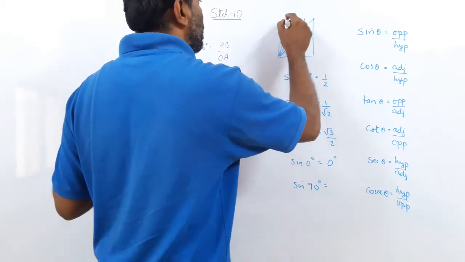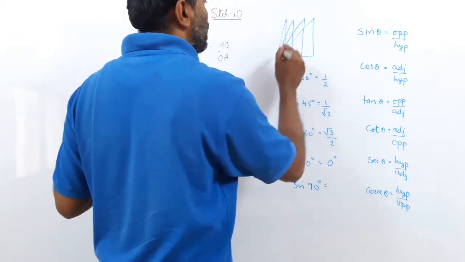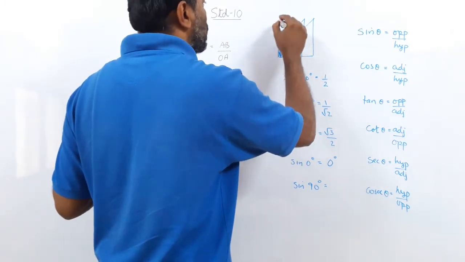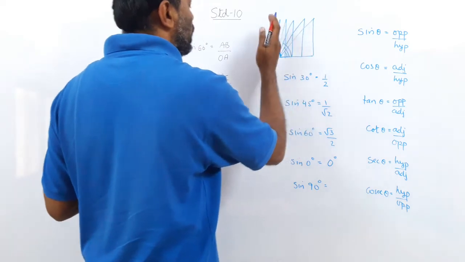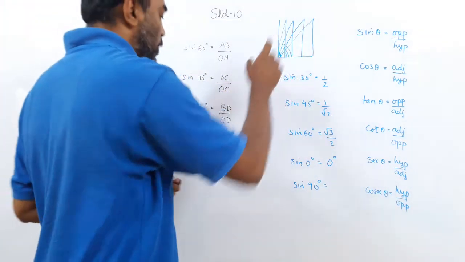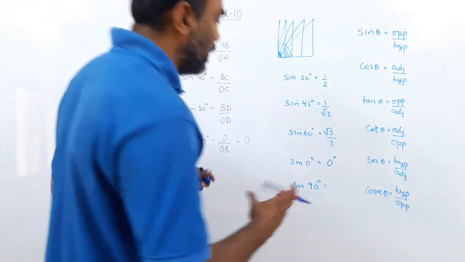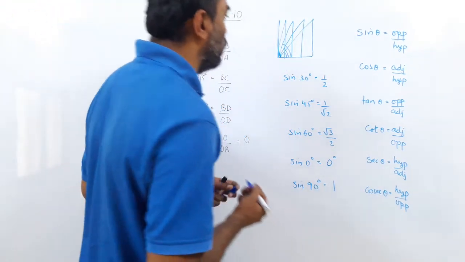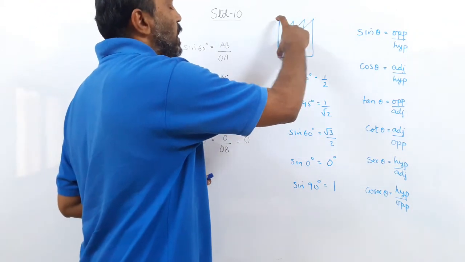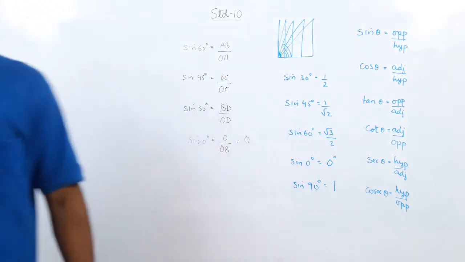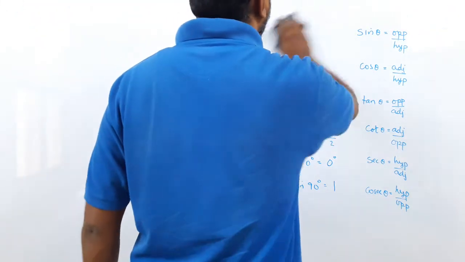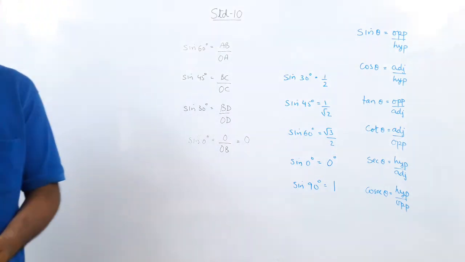As it gets nearer and nearer, by keeping the height the same, the angle becomes bigger. At 90 degrees almost, they both come one over the other. They both become the same. So the opposite side and hypotenuse become the same. So sine 90 has the value 1. 1 means what? The opposite side has become equal to the length of the hypotenuse. This is not possible in a triangle, you know that. In a triangle, the opposite side and the hypotenuse can never be equal.